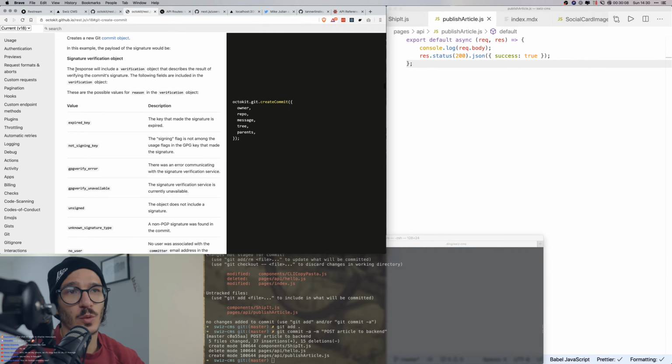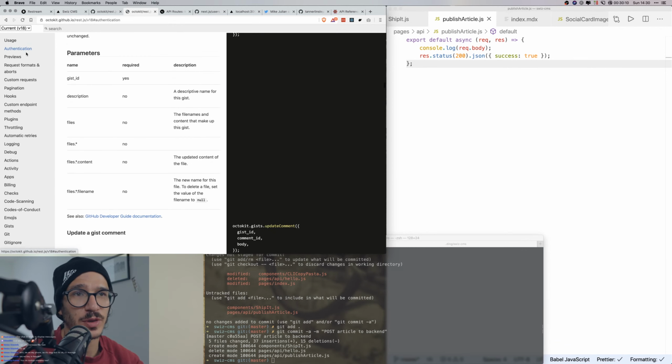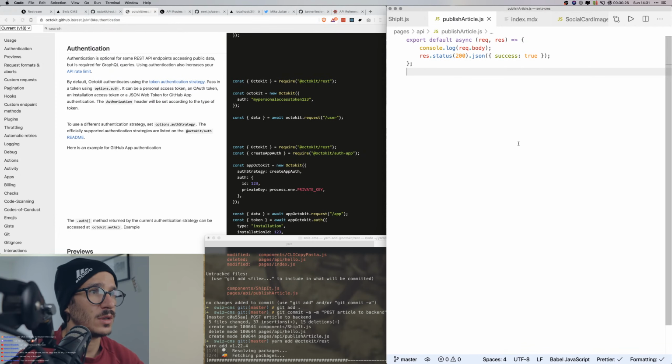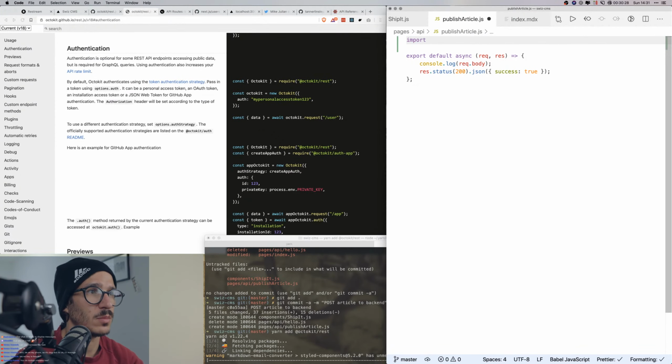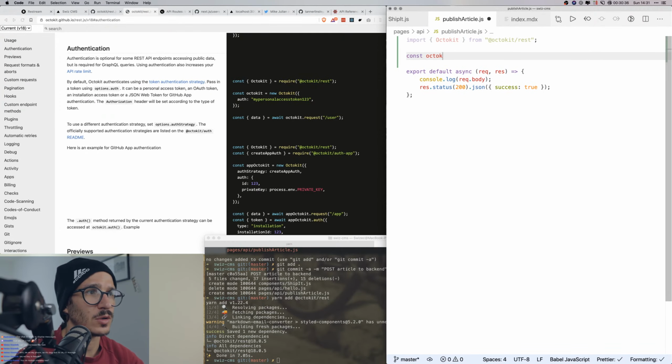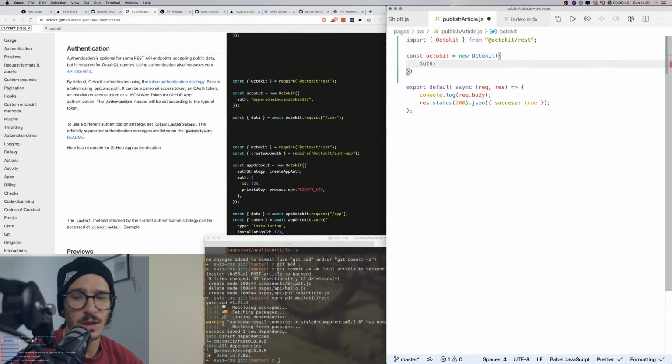So let's try it. We're going to need to first authenticate, and I'm going to do some hard coding here. So here's what we can do. We're going to yarn add octokit/rest, and then here we're going to say import Octokit from octokit/rest. We got that, and we say const octokit equals a new Octokit object, which is going to authenticate with my personal token, which is going to come from